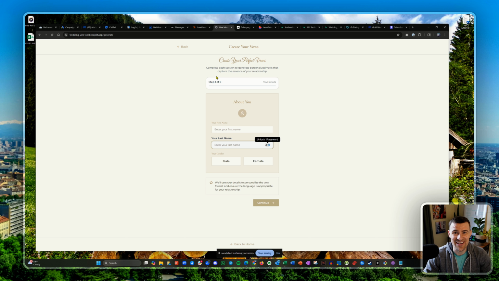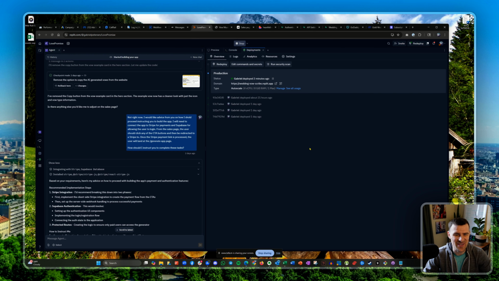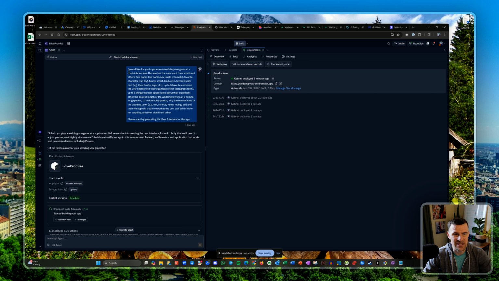It's a wedding vow generator, and really you input your name and then information about your partner, yada yada, and it spits out inspiration vows for you. I would not recommend, if you're a guy, using this because your wife will get very angry at you, but I thought it was a good idea to just play around with. So that's the idea, and I'll show you the initial prompt that I did. I just told it, I want to create this specific type of app. I gave it the type of input that I want to have in the app. And so it's basically a form that it's sending to ChatGPT with inputs in that form.